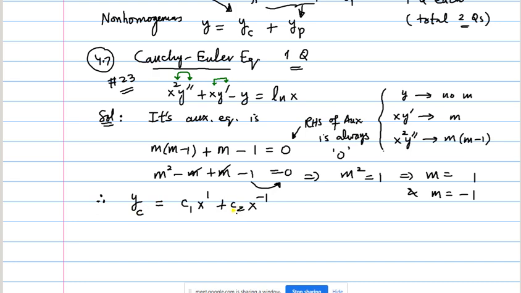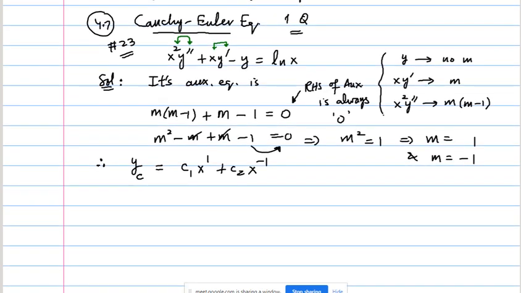This is something which you do for homogeneous equation. If it is homogeneous, right side 0, you will stop here. So this is your yc. Now for yp, for Cauchy-Euler equation, we always use variation of parameters. So this will give you